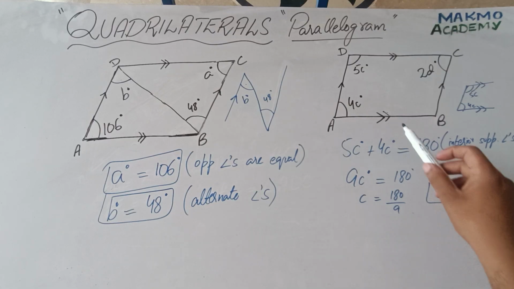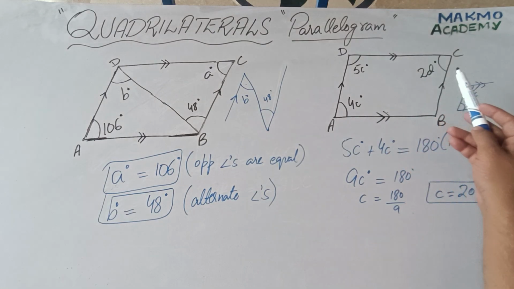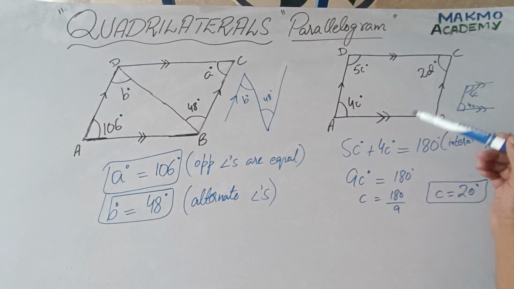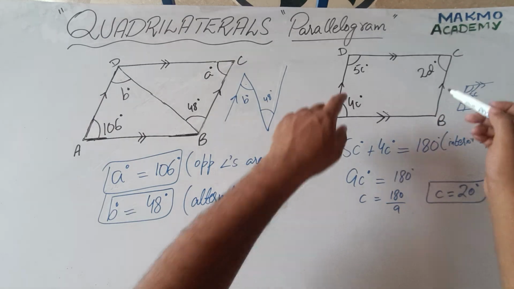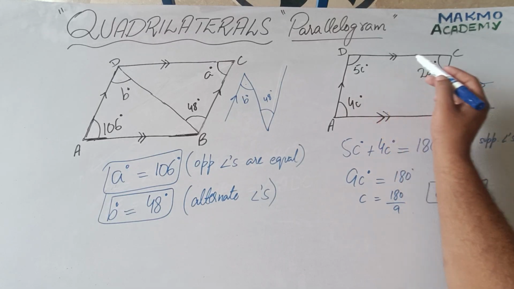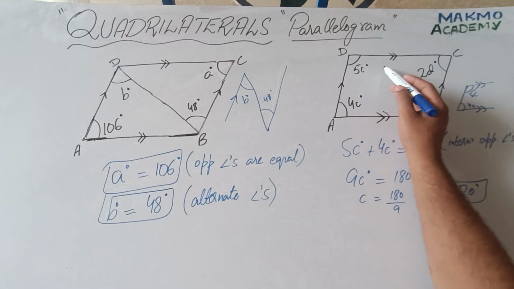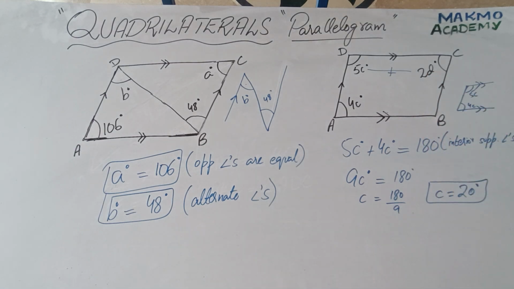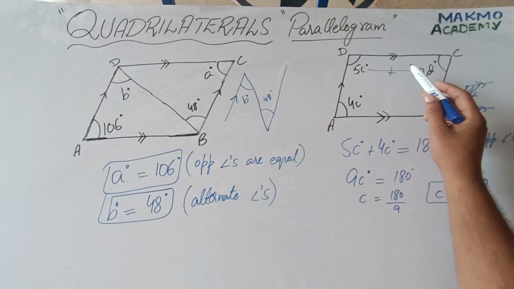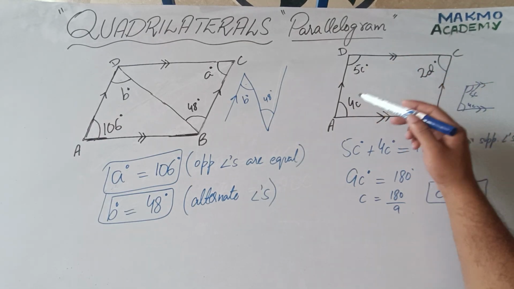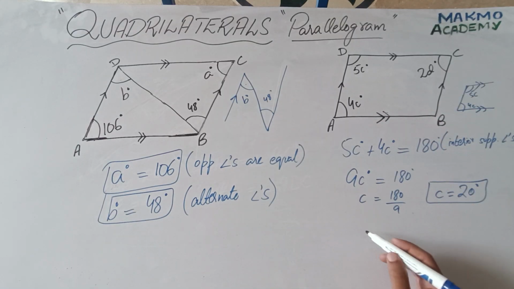So whatever the size of 4C, it would be equal to 2D. You can also find this out by applying the same property of interior supplementary angles, because these two sides are parallel with each other and they are under the arms of letter C. So again the sum of these two angles would be equal to 180 degrees. You can apply the interior supplementary angle property over here as well, or you can apply the property that opposite sides are equal.